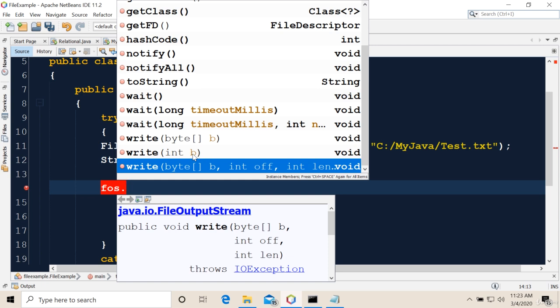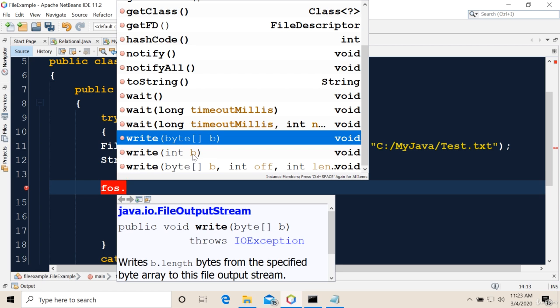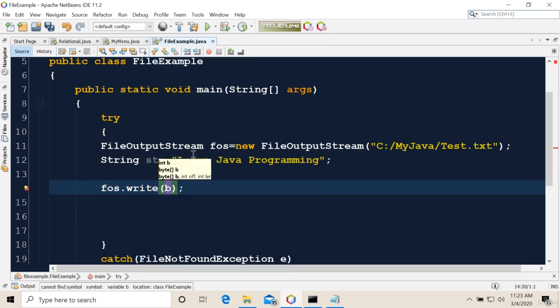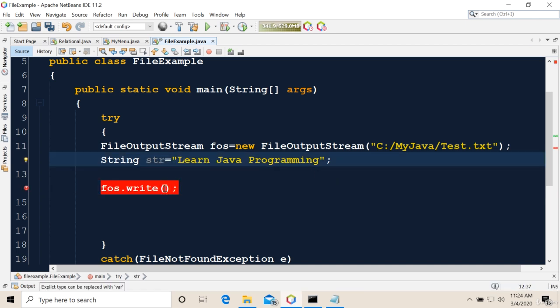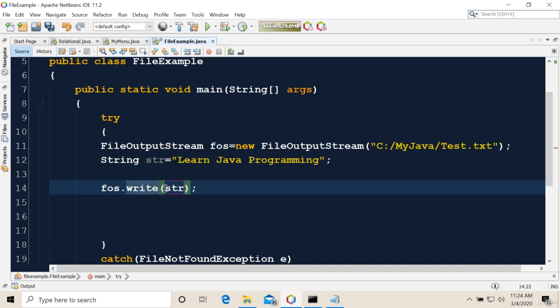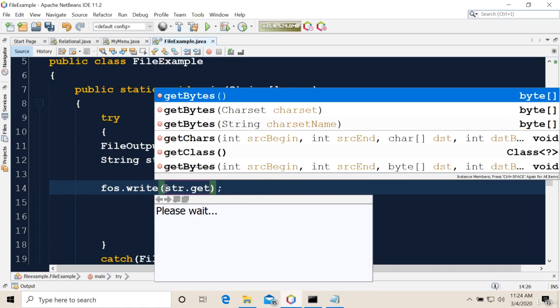So which one do I want? This one, array of bytes. I will take this one. I want to write the entire array of bytes. But where is an array of bytes? I don't have an array of bytes. But I have a string, right? So on that string, str.getBytes, this method is there,